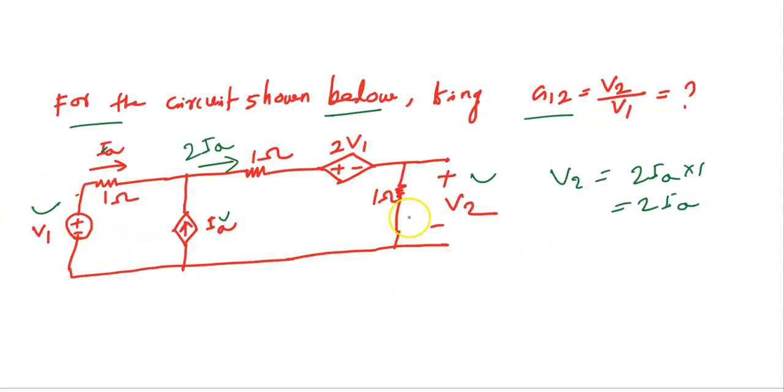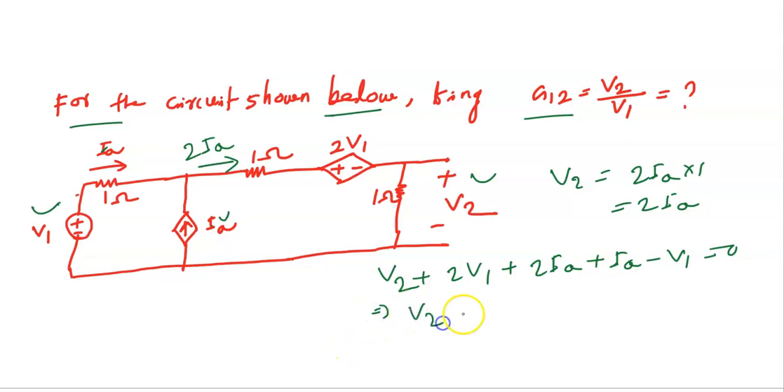When I apply the KVL around the bigger loop, that is the outer loop, because we cannot apply a KVL here because of a dependent current source. So V2 plus 2V1 plus 2 IA plus 1 into IA, that is IA, minus V1 equal to 0,